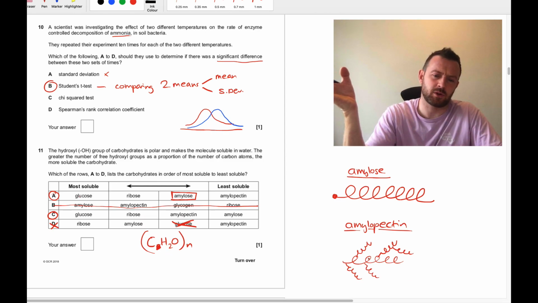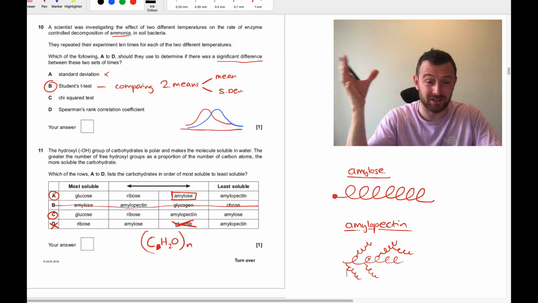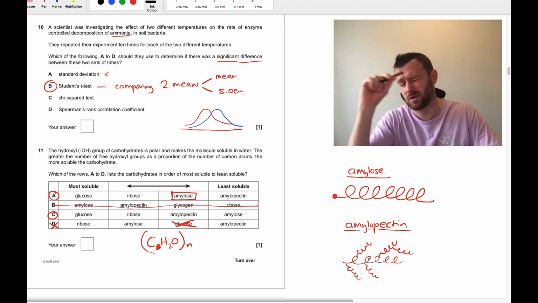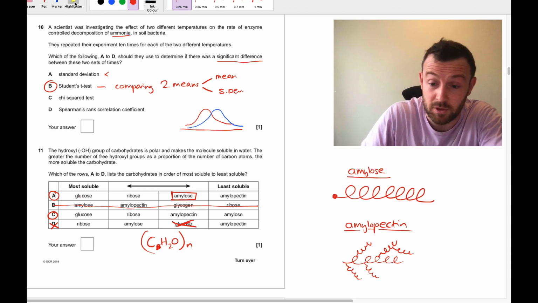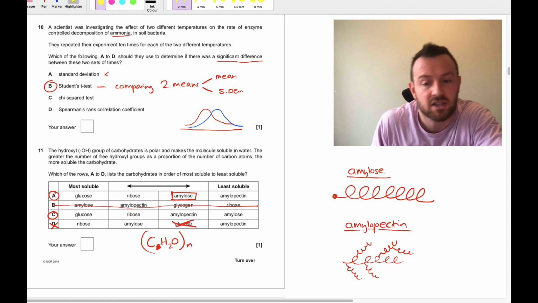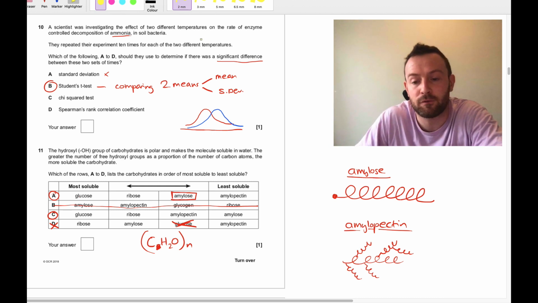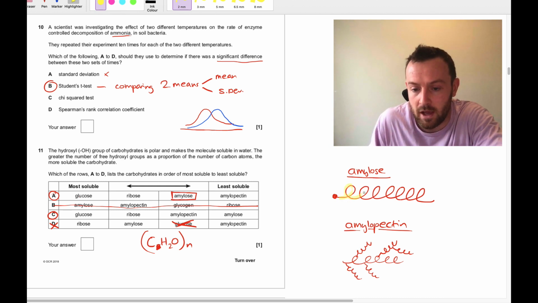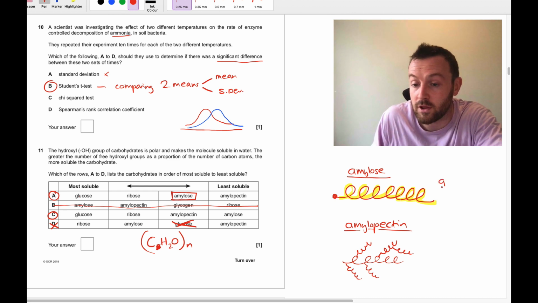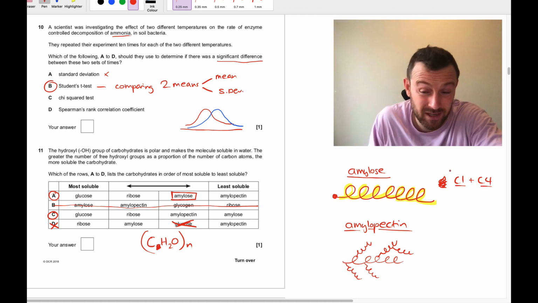Okay, so I've had to think about this question. I think this is why they've said it, although I'm not entirely sure if I really think this is a brilliant question. I'm not really sure if I agree with them. I have to do some more research, to be honest. But this is the structure of amylose, okay? It's a spiral. It's a straight chain, but it's kind of coiled on itself. So if we think about the free OHs, there's free OHs all the way along the chain, okay? So there's lots of free OHs. It's only the OH on carbon 1 plus carbon 4 that are sort of used in bonding.